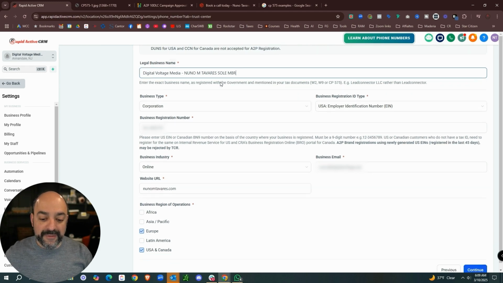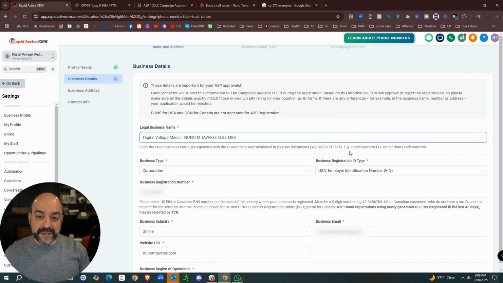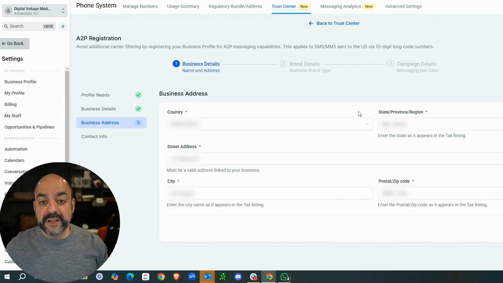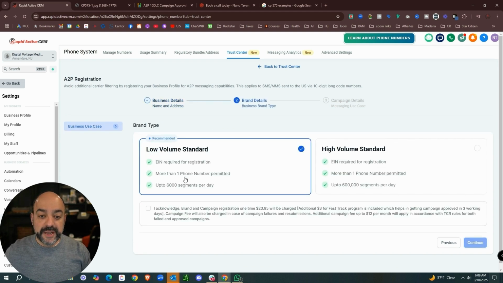So this is what I have. And again, this is the stuff that I'm planning on doing business with, so everything's really connected in there. And then I'm just going to hit continue. When I hit continue, it's then going to verify my address. Now, again, it's whatever I have registered with the state. If anything's off at this point, I will automatically fail, because my address on my CP575 is not going to match as we see it, right? Then I'm going to hit continue, put in my business address and everything else, and go through.